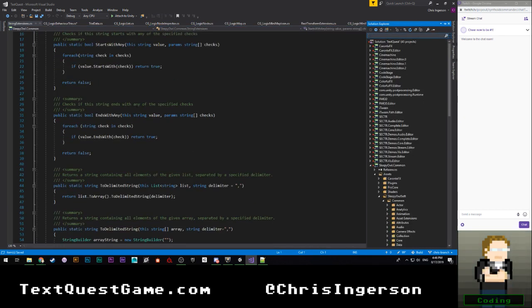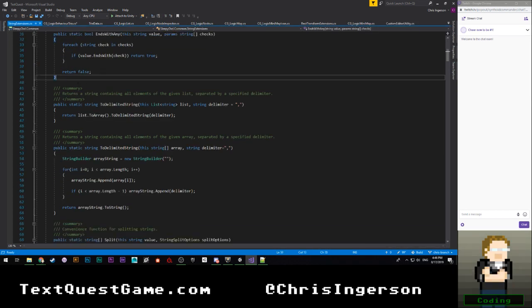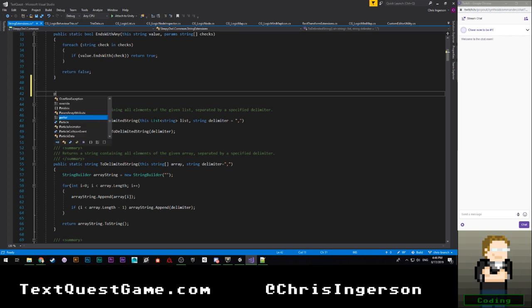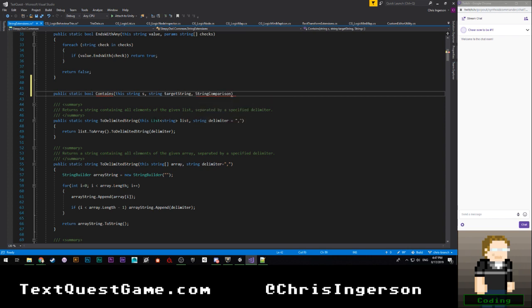String extensions. Okay, so we're going to say public static bool Contains, and then we're going to say this string, I guess, yes, followed by, let's see, string target string, and then followed by string comparison,